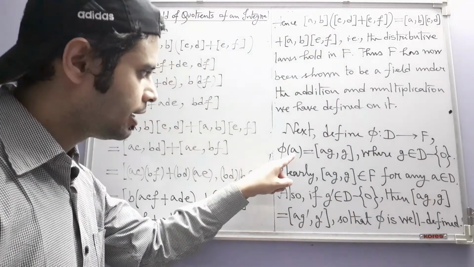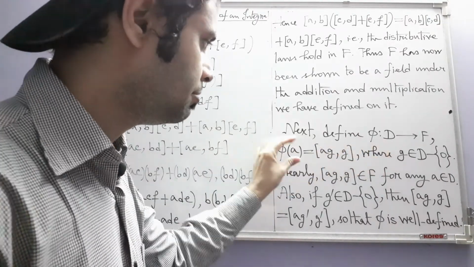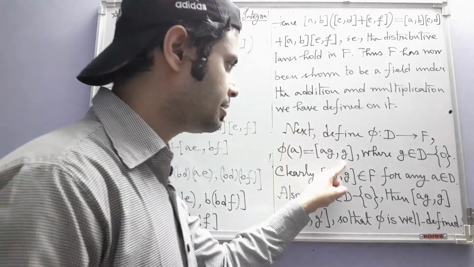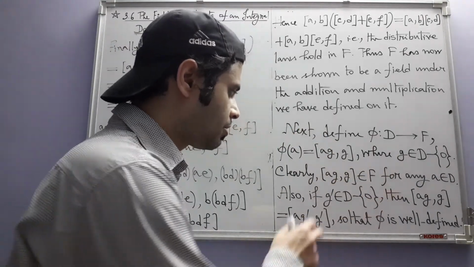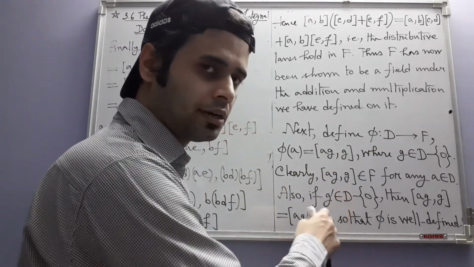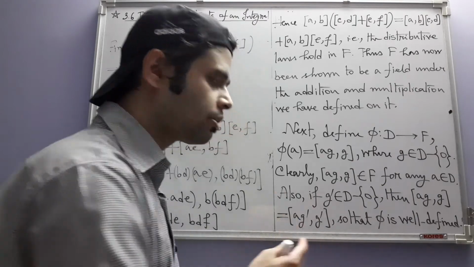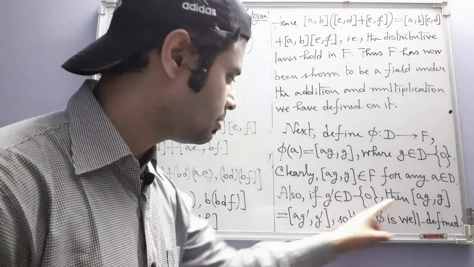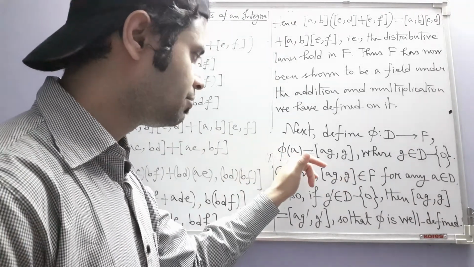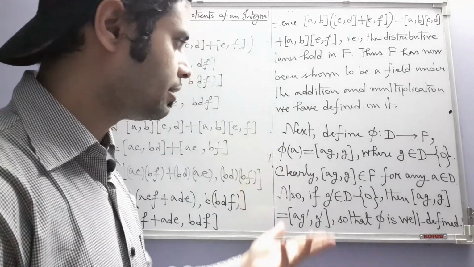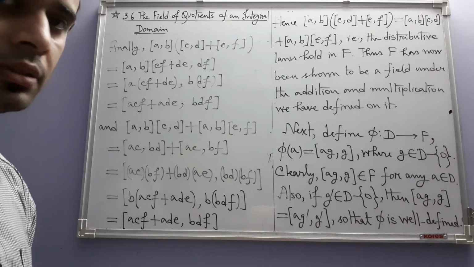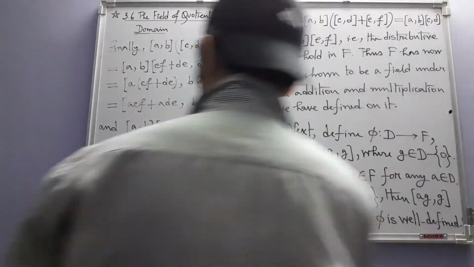That is, to each element a in the integral domain D, we are associating only one equivalence class. The g that is appearing here actually does not affect this equivalence class. It just has to be a non-zero element in the integral domain D. It does not matter which non-zero element you choose. Ultimately, the result is same. So that's why the image of every element is unique, and hence phi is a well defined map. Now we will show that phi is an embedding. That's all. That will get the job done.